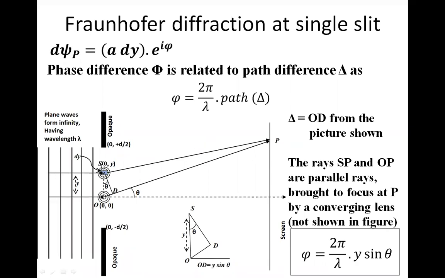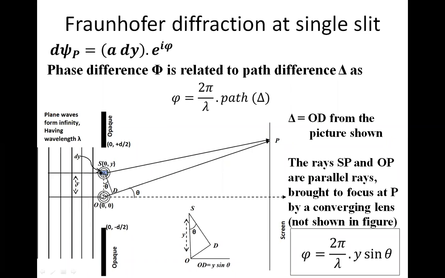And remember, also draw a perpendicular, this SD. This SD is nothing but a perpendicular drawn to these parallel rays, right? So after D up to P, after S up to P, the distances are the same. As I said, SP and DP are parallel rays, and of course SD is a perpendicular drawn to these parallel rays. So the distances SP and DP are the same. So the only difference created between S and O, I mean the rays coming from S and the rays coming from O, they differ in path by only OD.